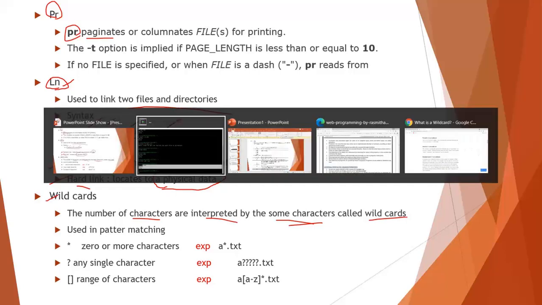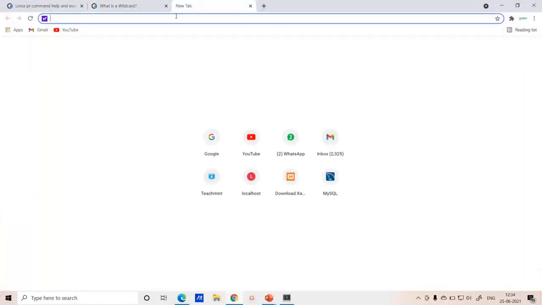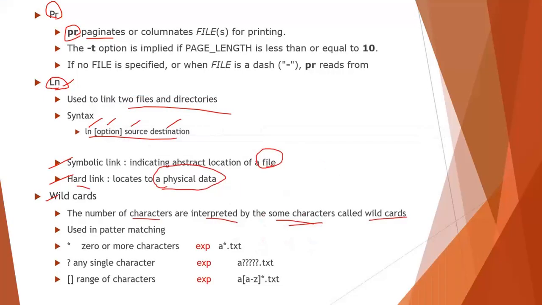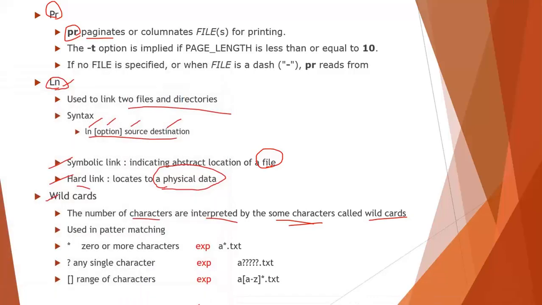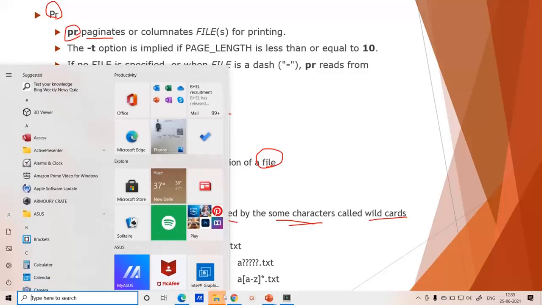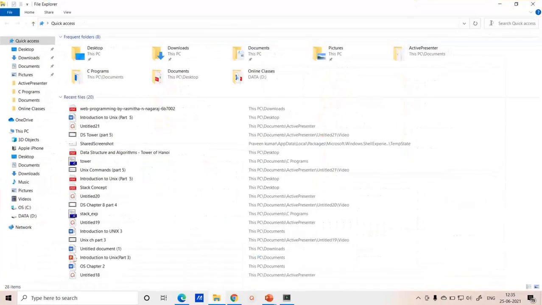Say for example, if I go to Windows Explorer and want to find a file name, I'll just write Unix.